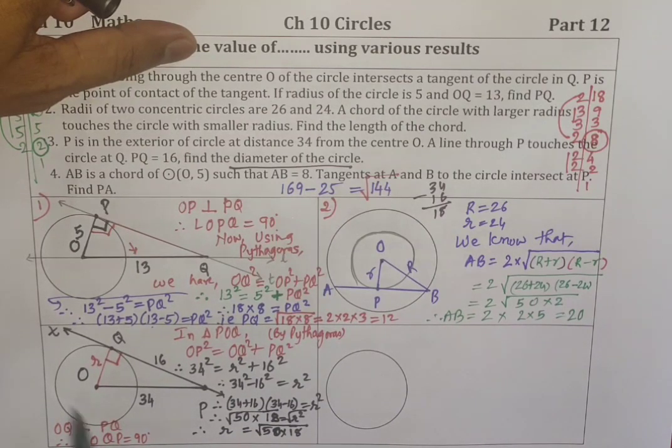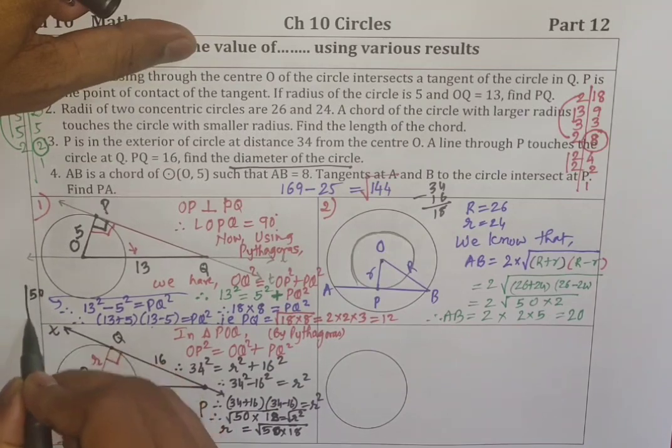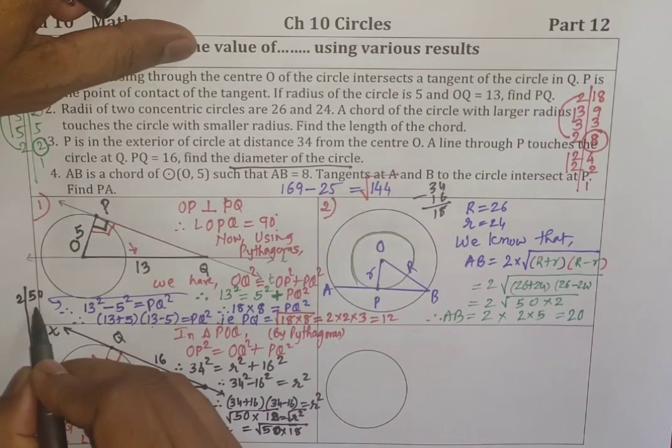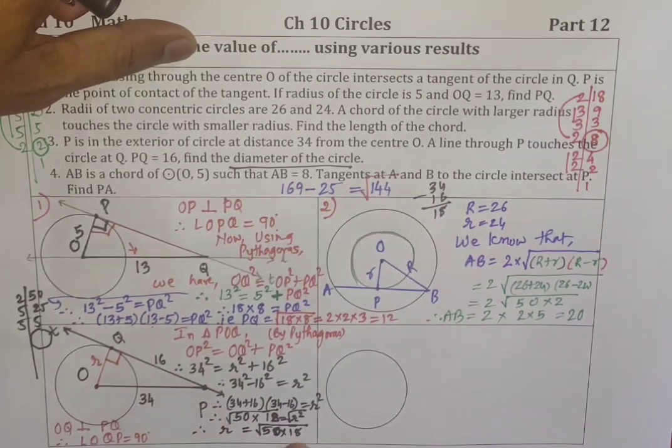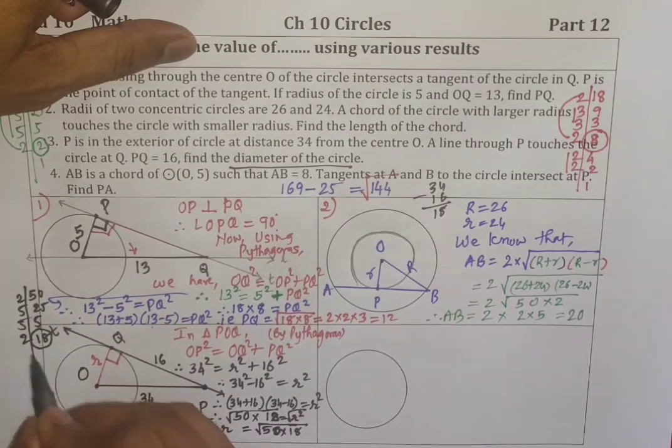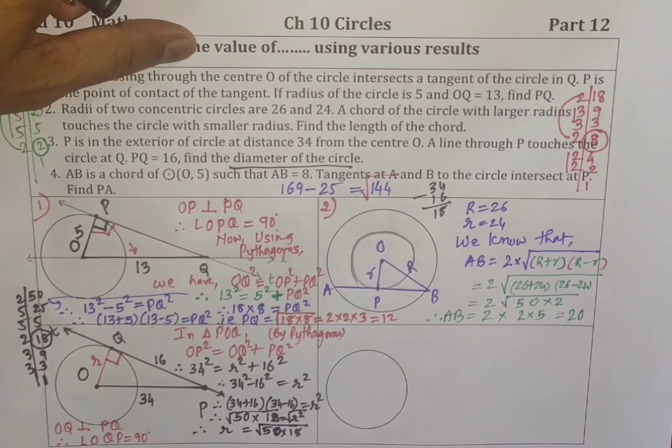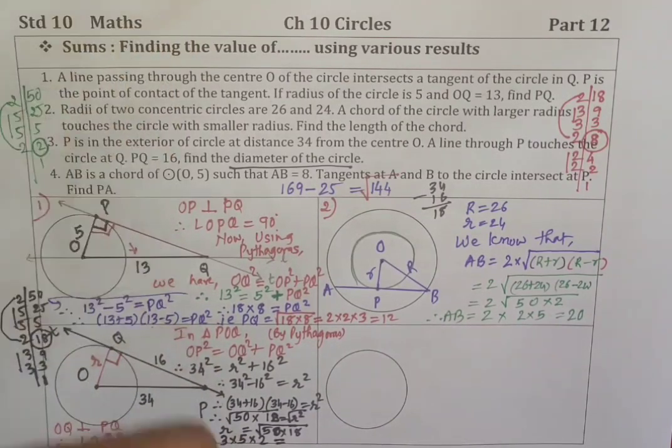Alright children? चलो. Now 50 का पहले फैक्टर्स निकालो. 2 25, 5 5, 5 1. 1 की जगह पे मैं लिखूं 18. 2 9, 3 3, 3. नाउ यू कैन राइट 1 क्योंकि आगे कोई नंबर नहीं है. 3 की जोड़ी therefore R is equal to 3 बाहर निकला. 5 की जोड़ी 5 बाहर निकला और एक 2 की जोड़ी वो भी बाहर निकला. And that is equal to 5 2s are 10 and 10 3s are 30. So radius is 30 children.